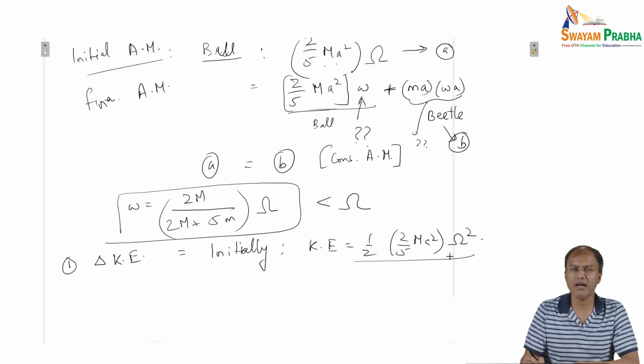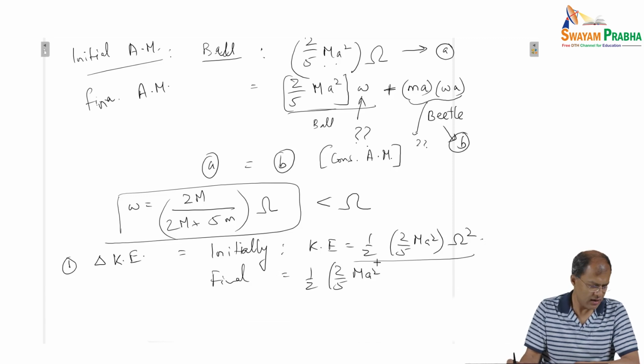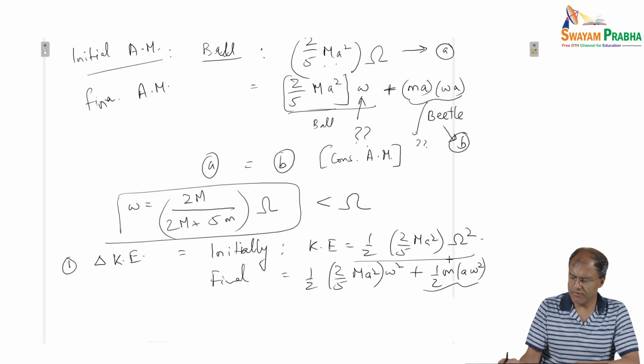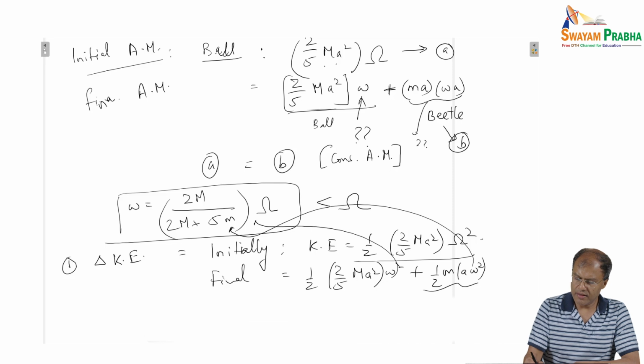So that is the initial rotational kinetic energy, and the final will be half times 2 by 5 m a square times omega square plus half m a square omega square. This is due to the beetle, and we plug in omega here, and we see that this is going to be minus m times capital M times a square omega square